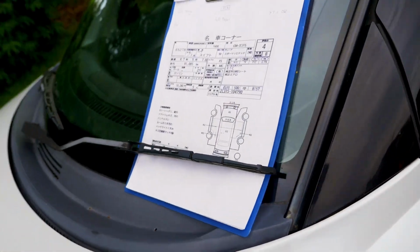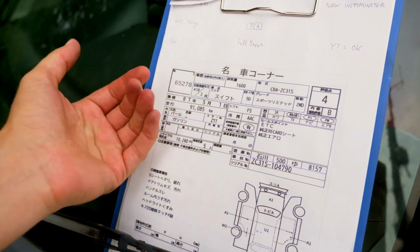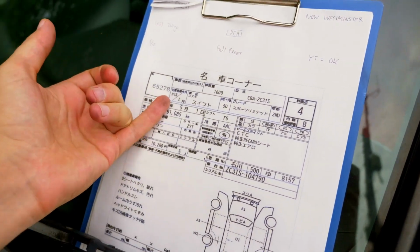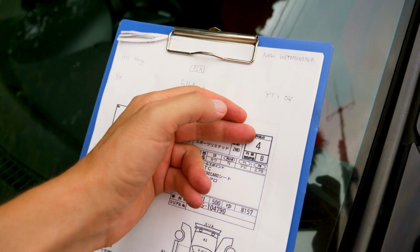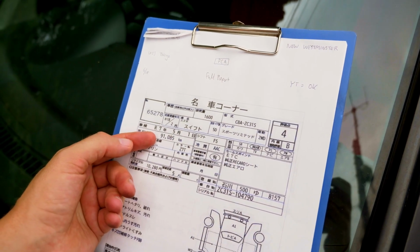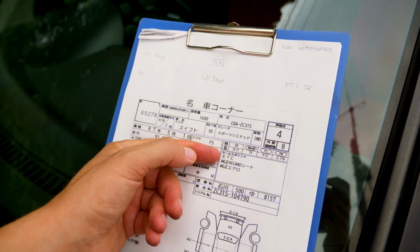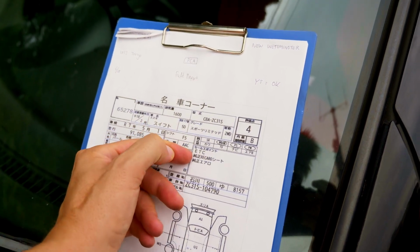This is the information given to us from the auction. And it's all written in Japanese, so I'll just translate it here. It's a 2006 Swift Sport Limited, 1600cc, auction rated 4, interior B, power steering, power windows, airbag, 91,085 kilometers, toll collection box, original Recaro seats, and yeah, they were an option, but I think they were original